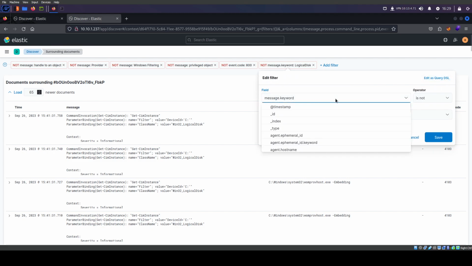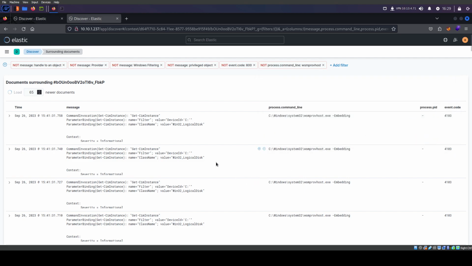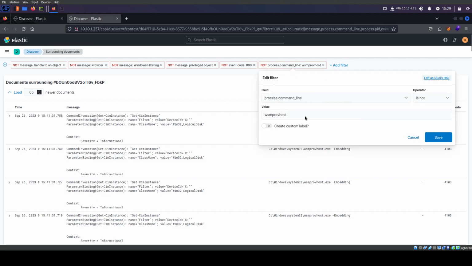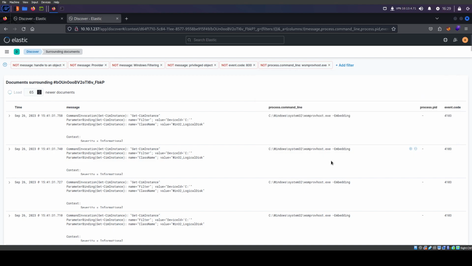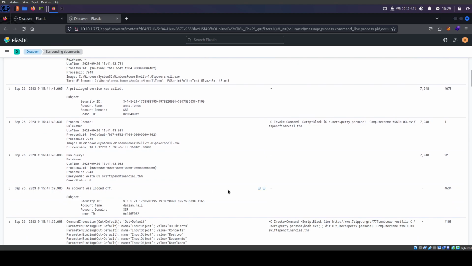Process command line. Oh, that's why I had keyword on there. Let's just ignore you for now. Oh, it's really not doing it. .exe. There we go. Thank you. So let's see.